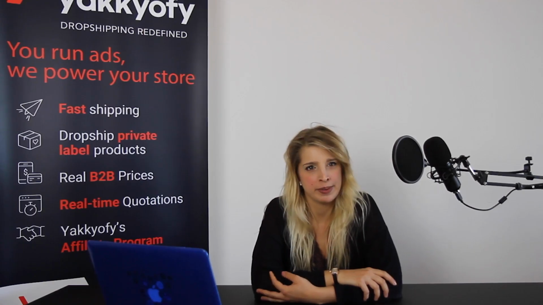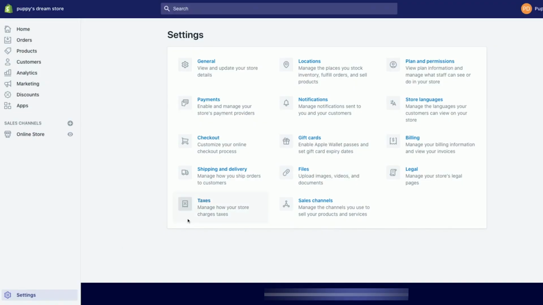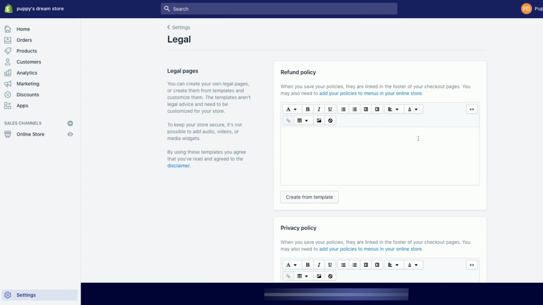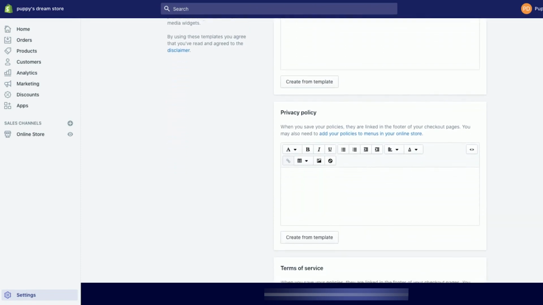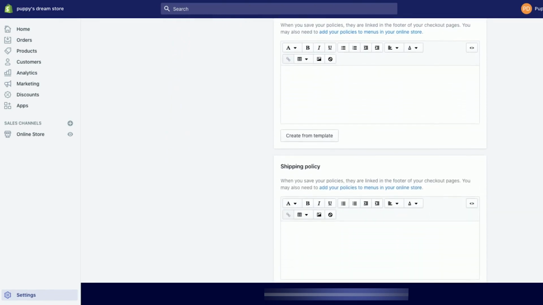Now that we have a payment gateway, we need to go through the legal stuff. Different countries have different laws, and knowing which one applies to you is critical. You must stay informed to protect yourself and your business and complete the tax tab. Once you have done that, visit the legal tab. With a clear return and refund policy, customers feel more confident purchasing from the online store. And it also helps the store owner to easily handle these situations.